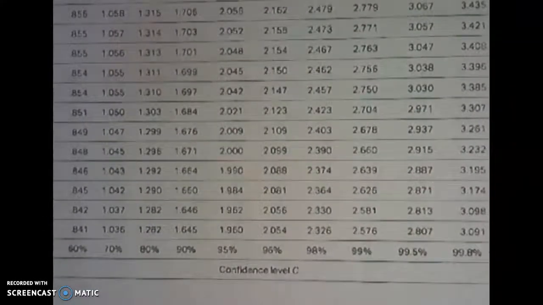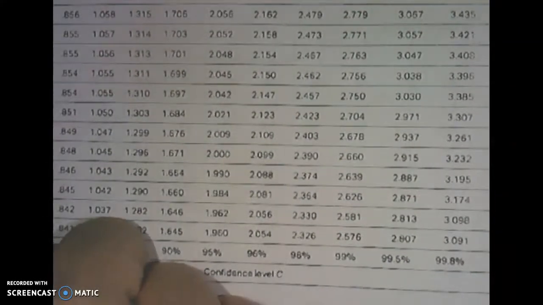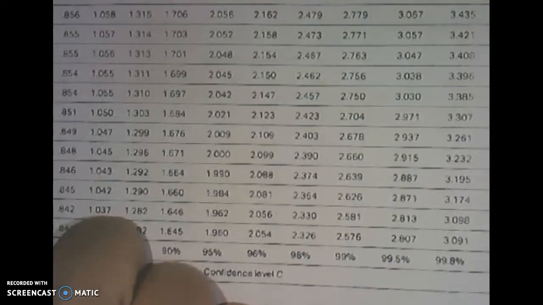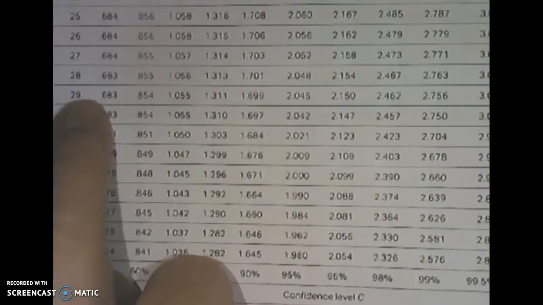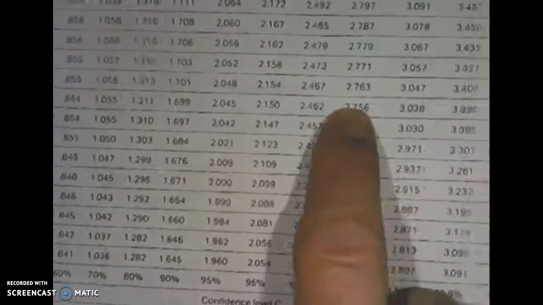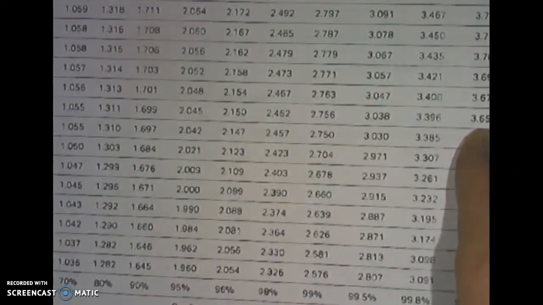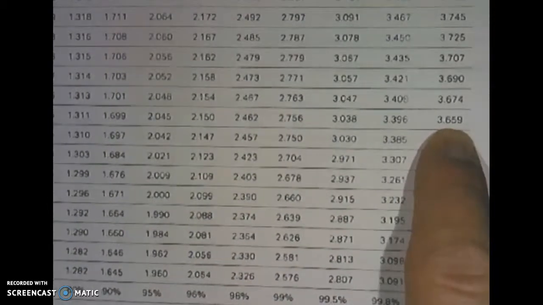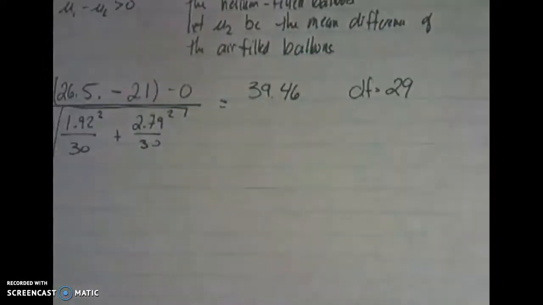Should have paused it. Oh well. Okay. So 29. I am looking for 39. So if I come to here, oh sorry, here's 29. I'm looking for 29. It's not on there, is it? So that being the case, our p-value